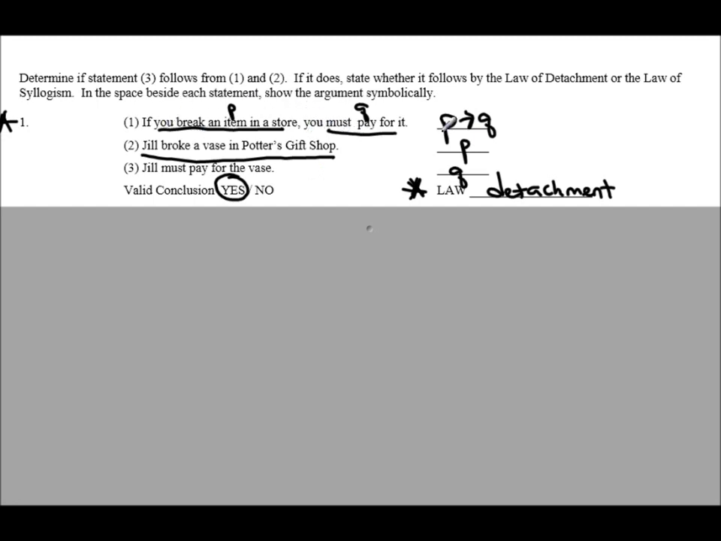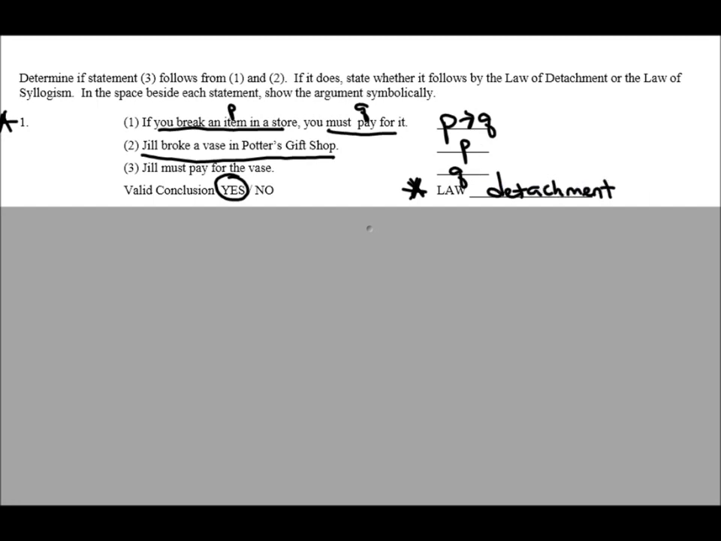So that's our hypothesis. Jill must pay for the vase. Well, because she broke an item in a store, the conclusion is that she must pay for it. So Jill must pay for the vase. Now that we've followed P then Q, given P, conclude Q, the logic law that we've used is the law